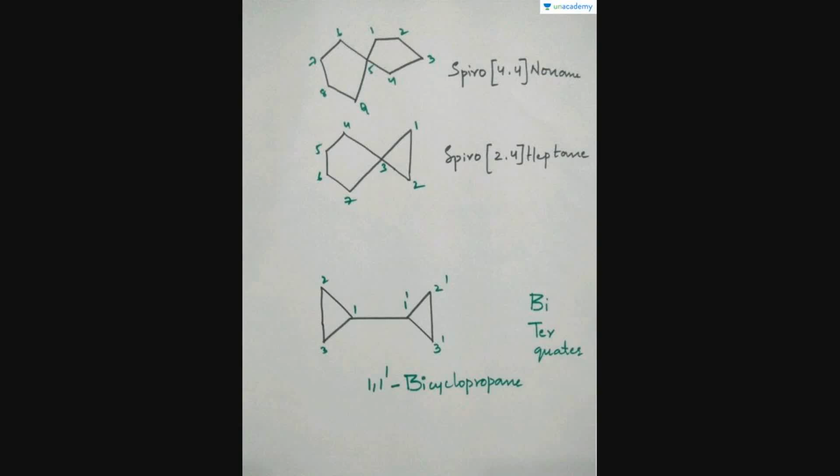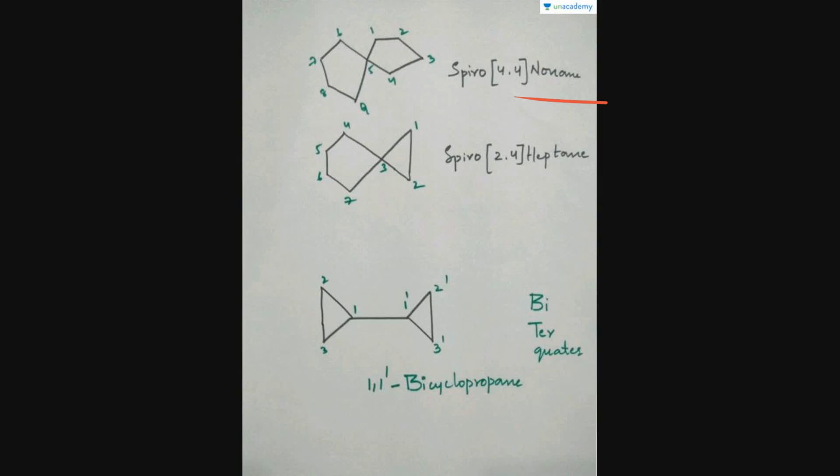If these rings are joined by a single atom, then these are called spiro compounds. So here both rings are joined by a single atom. So these come under spiro compounds. For spiro compounds, the prefix spiro is given, and in the brackets we mention the number of carbon atoms, and we mention these numbers in ascending order. So overall we have 9. So we mention it as nonane, and we number